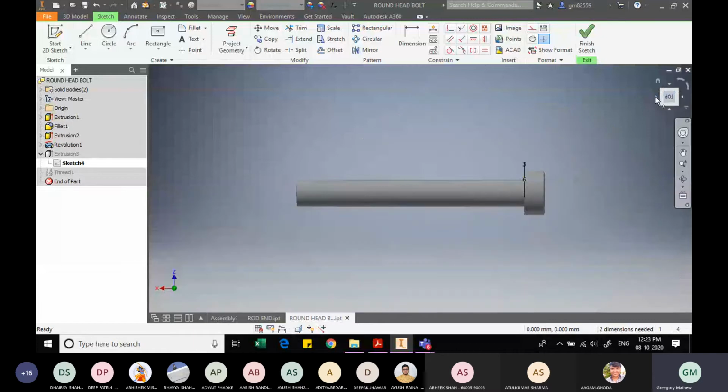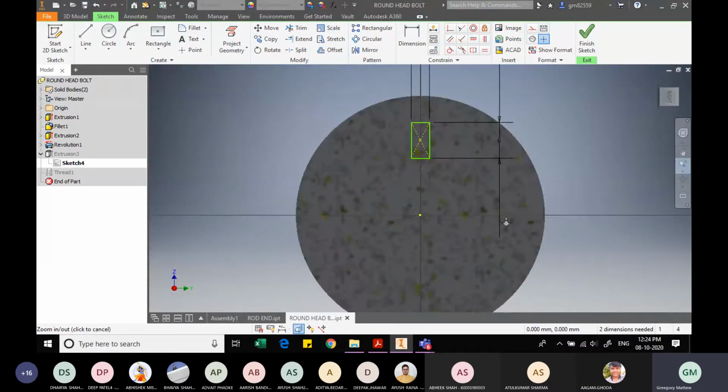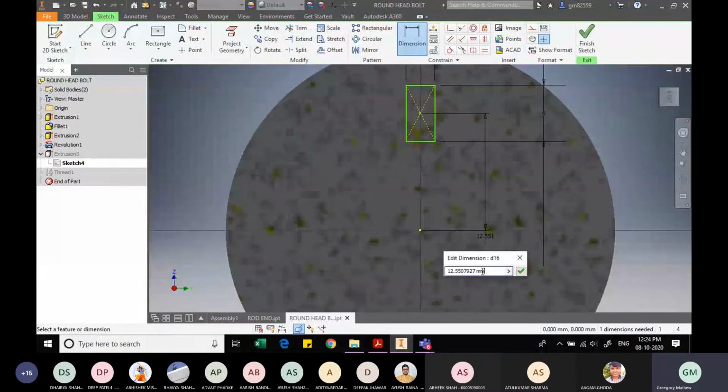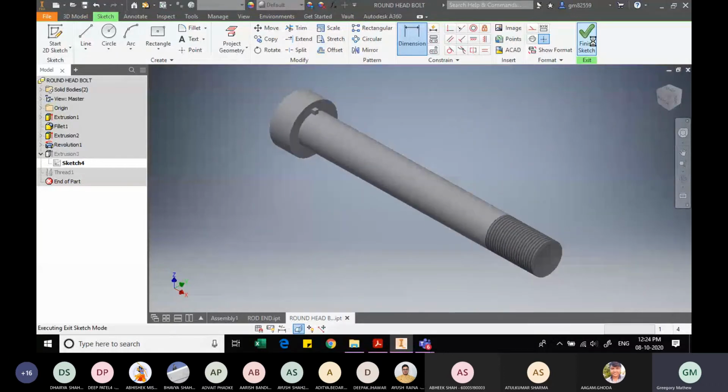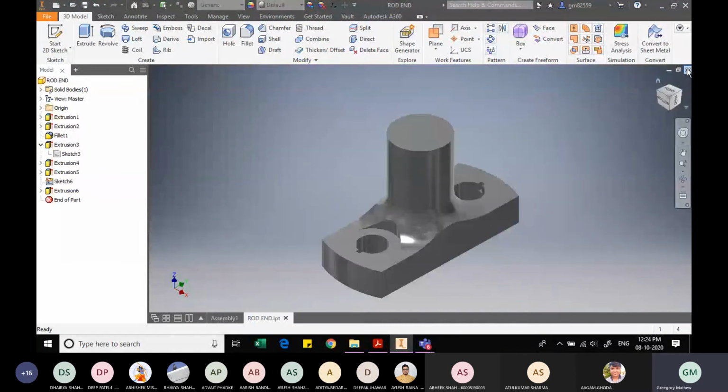Show me the top view. So this is to be 12.5 exactly, and not 12.51. And let me finish the sketch. And I will save. Let me close this component.